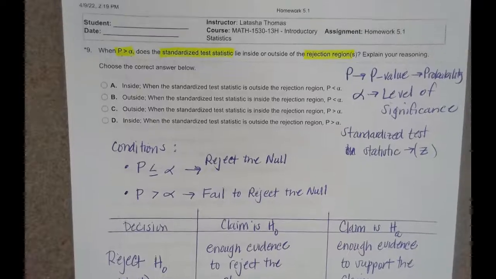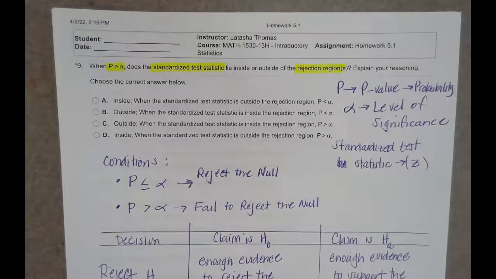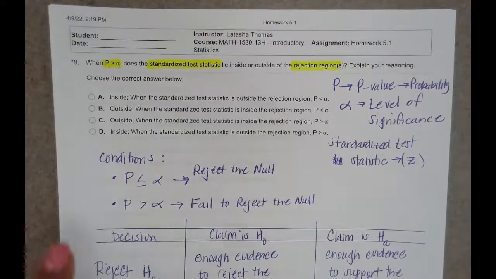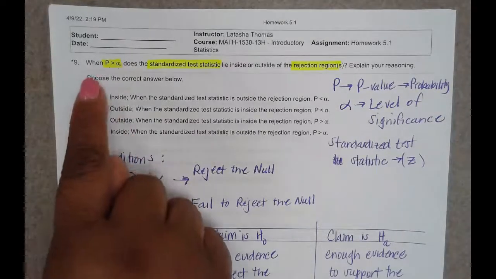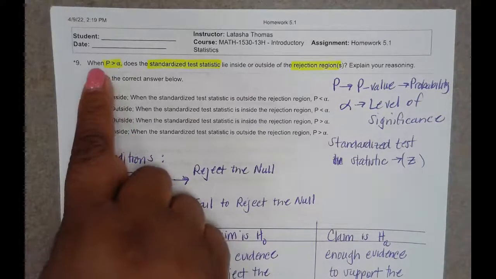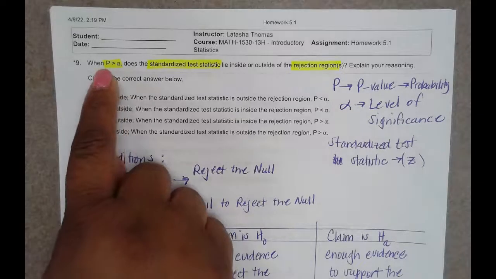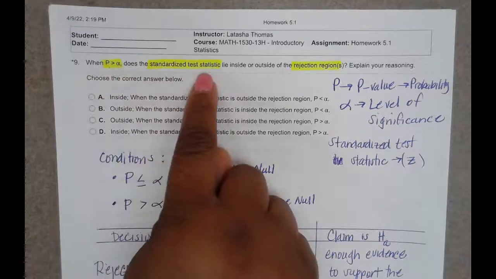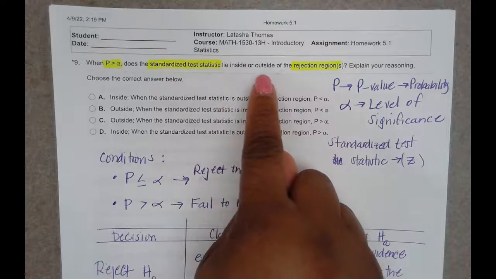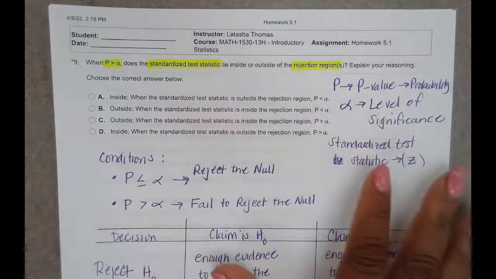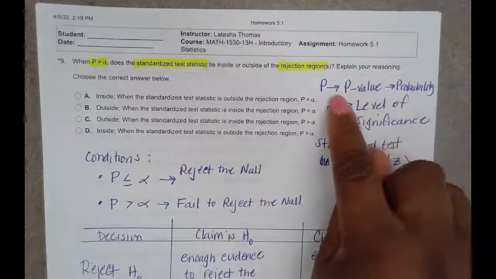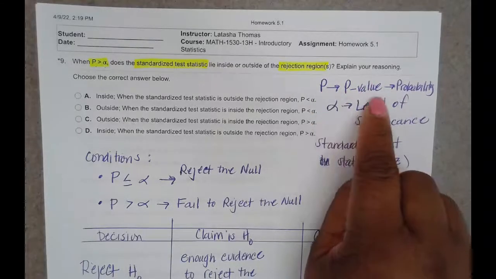Alright, y'all. So, in number 9, it says, when P is greater than alpha, does the standardized test statistic lie inside or outside the rejection region? Explain your reasoning. So the first thing I wanted to outline is, remember that P is the same as p-value,